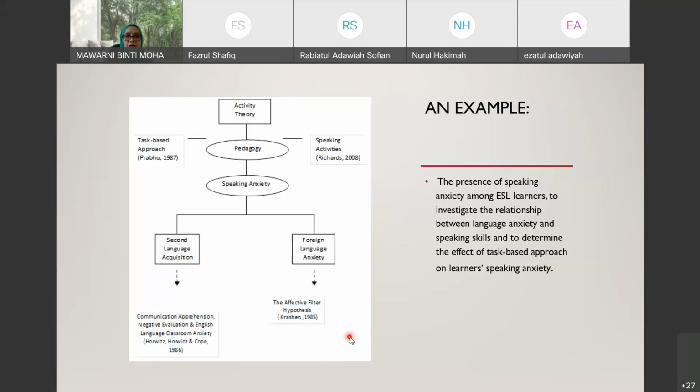Okay, so your research has to look into, let's say, the second language acquisition theory. So there are pros and cons. So your result, di mana? Pro or con? So you have to refer and relate to the theory that you use, and form a framework to see how this theory is being used in your research. Okay, so this is an example of how you put a framework lah.